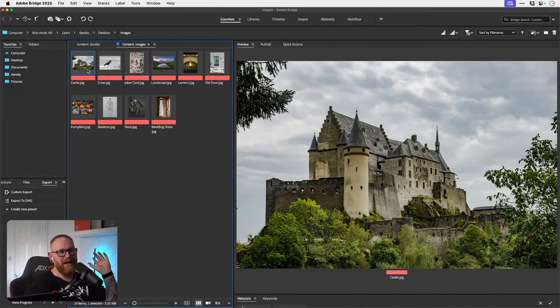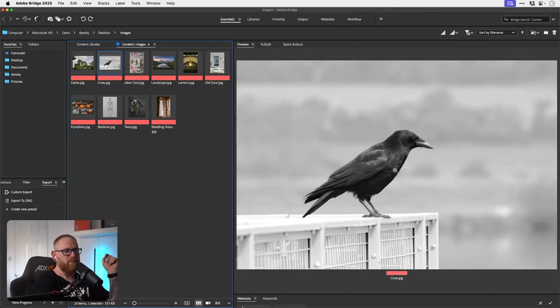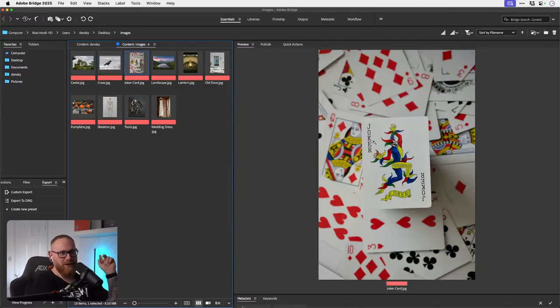So we've got a castle. We've got the turret of the castle. Lots of bits of building, so you could chop this up and make your own building or structure. We've got some trees and we've got some sky. So if you want a dark, moody, stormy sky, that could be very good. We've got a crow. Not much else you could take from this, really. This bit's kind of out of focus. Got the grating here, but the crow, and if you want color, you're going to have to add it yourself. Very doable. Joker card here. That's kind of the main focal point of this image.